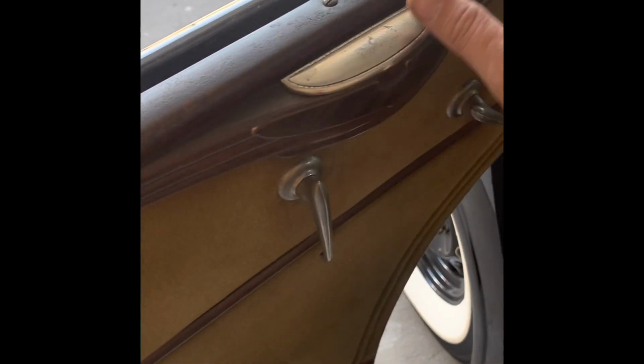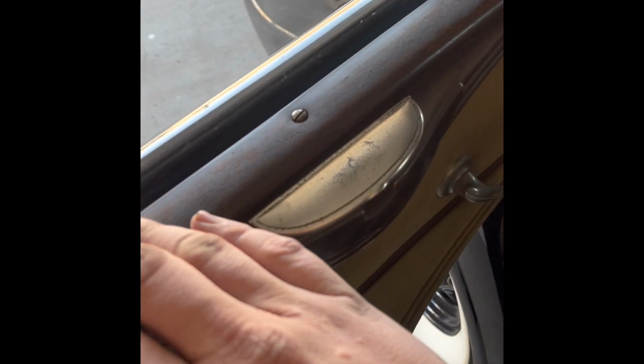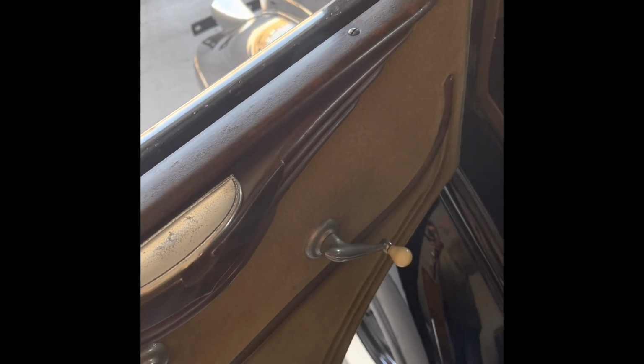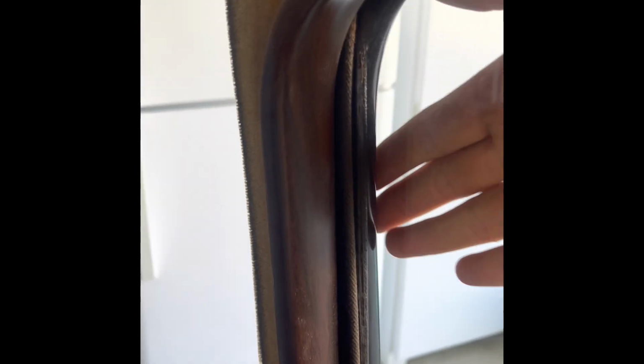I had a lot of surface rust on top, but I just used 4/0 steel wool and Ballistol, and I just carefully rubbed like that. And boy, there was so much dirt that came off, and it didn't hurt the paint underneath. As you can see, the focusing is terrible on this phone. It's hard to show you on this camera, but